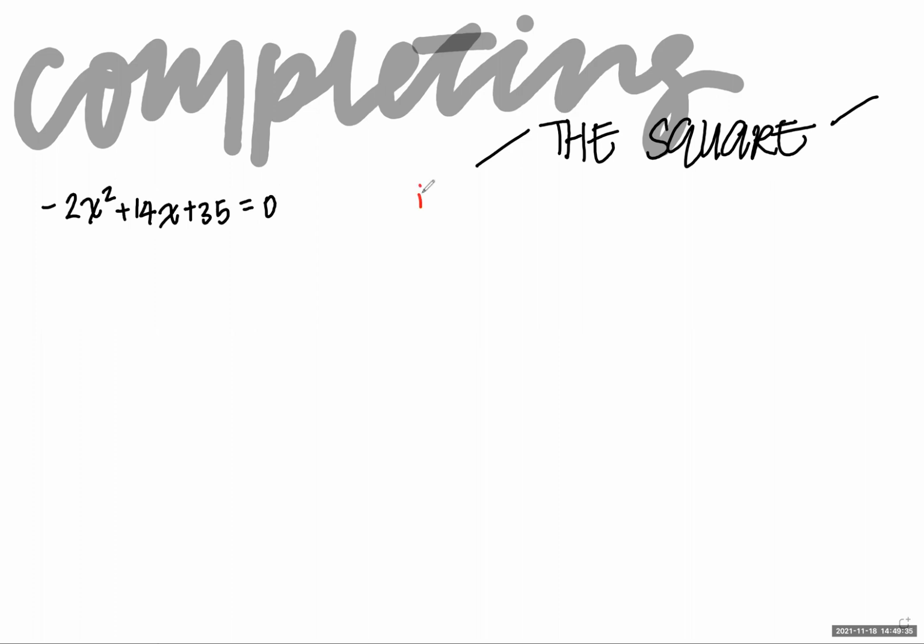Always isolate the x term. So how do we isolate the x term? We isolate it by putting a bracket to it. So that is how we isolate the x term. Next, step 2. So after you isolate the x term, for step 2, you need to be really careful because